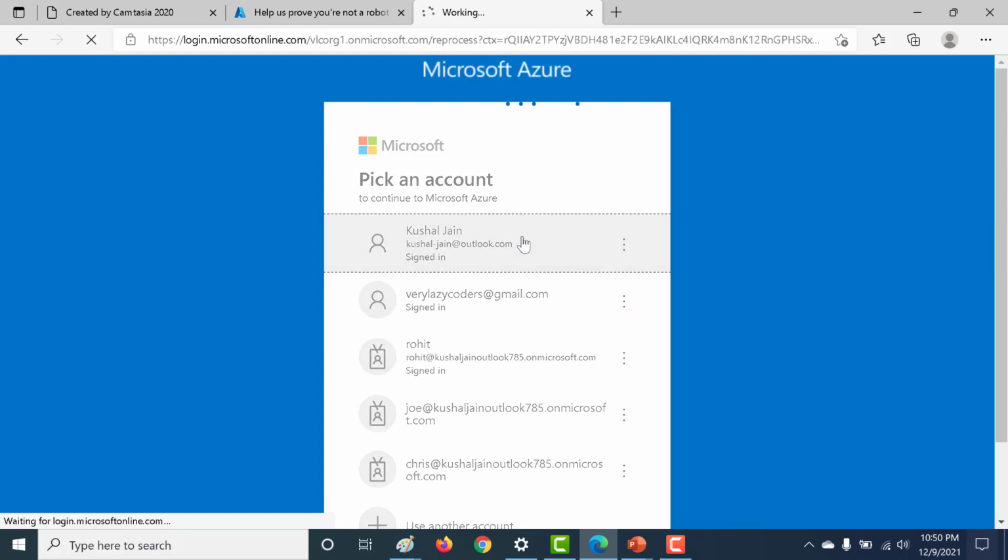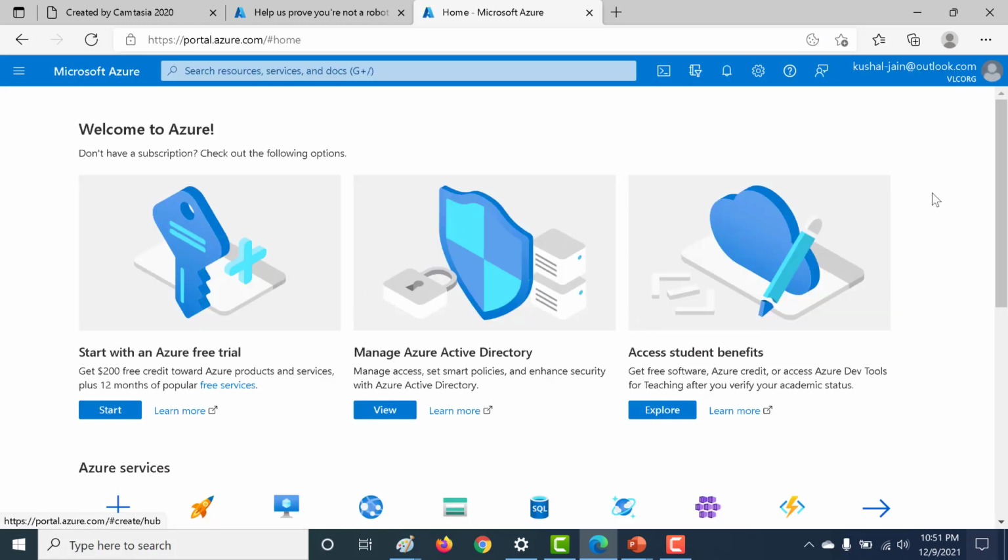Let's try to log in using the default user. Currently I'm connected using the new tenant. Of course, we can always go and check our Azure Active Directory to see whether we're connected to the correct tenant. So let's go to our Active Directory here.